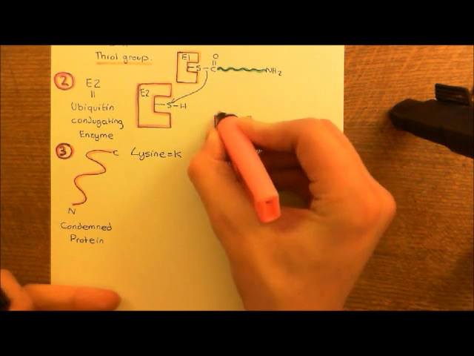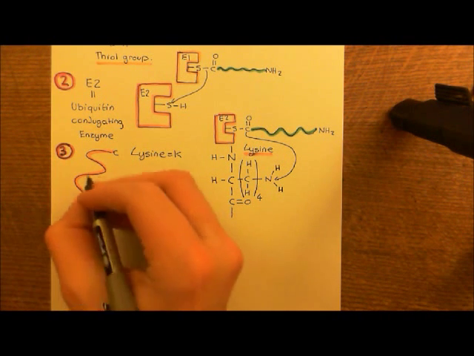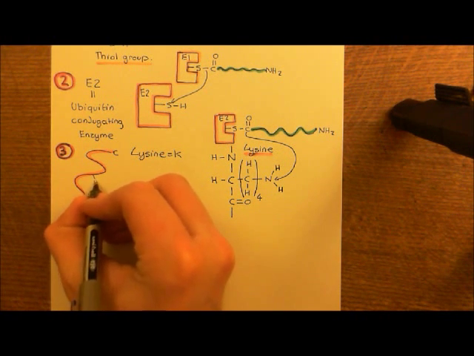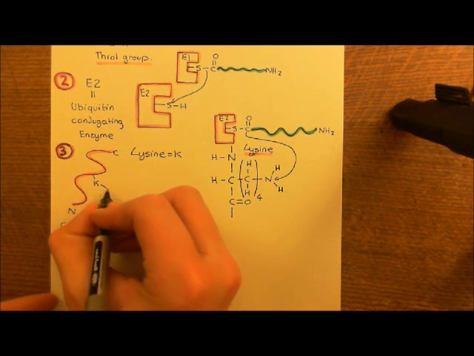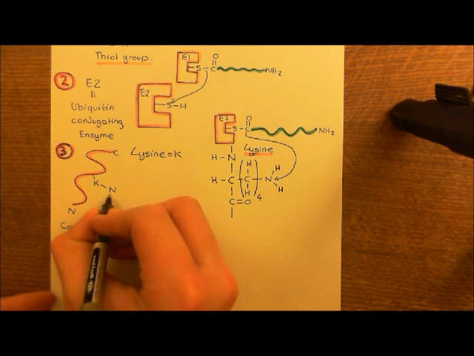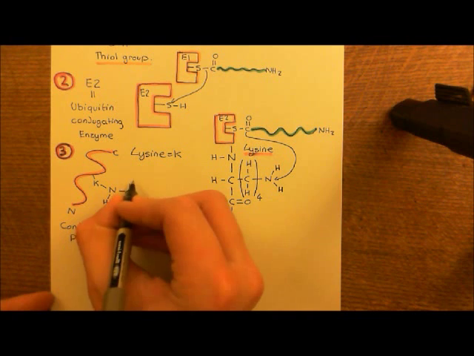Okay, right, now let's put that in perspective on our condemned protein picture here. So the condemned protein will have some lysine residue here, which I'll denote as K. Okay, this lysine residue will have an amino group, so I'll actually show the amino group. And now we are going to attach